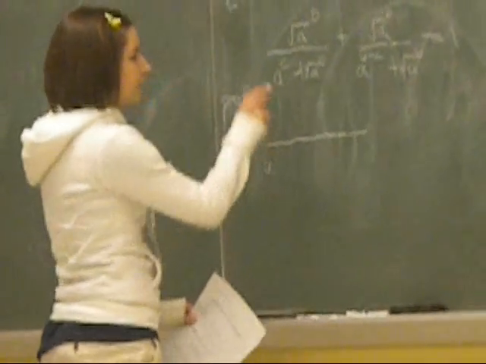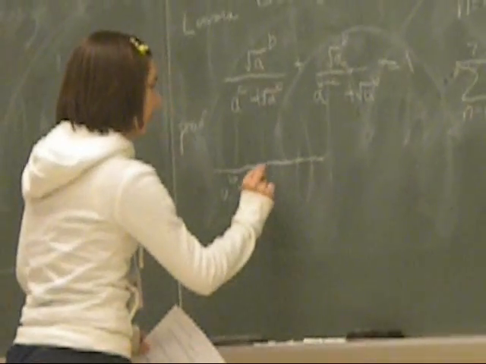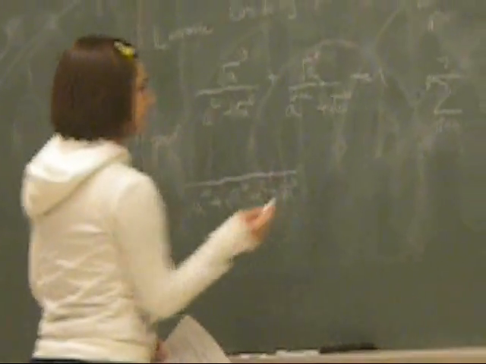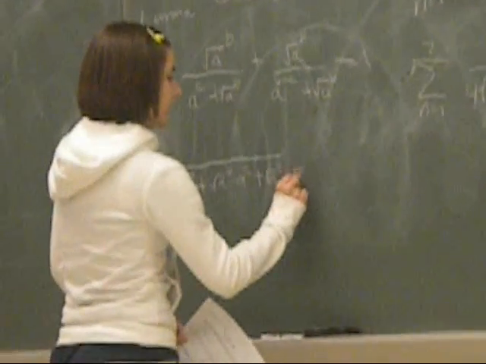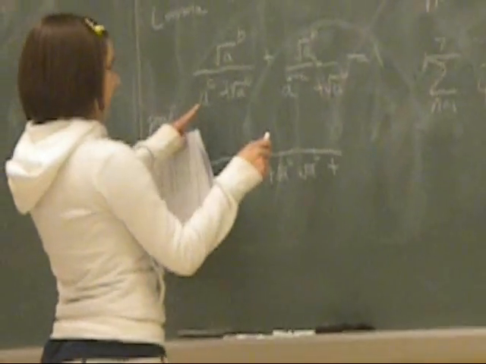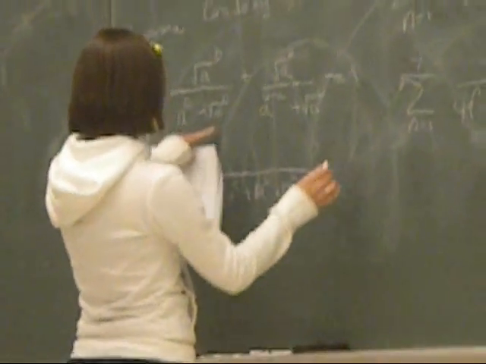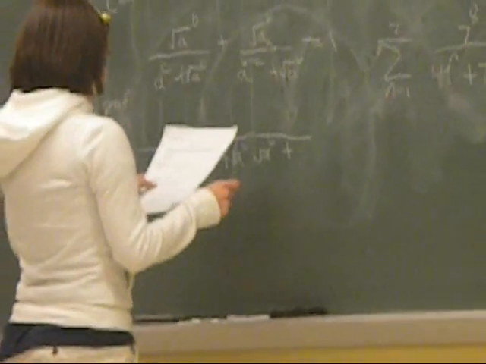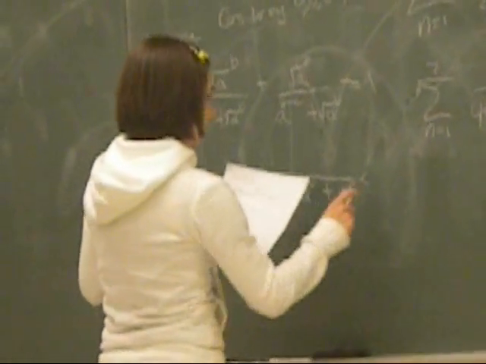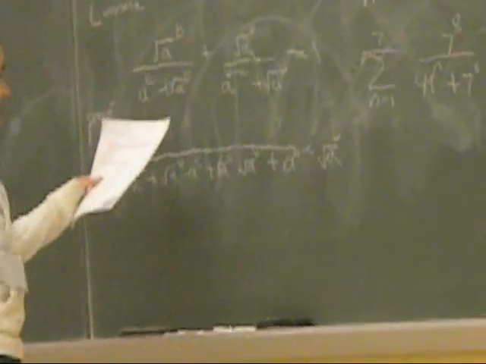So we have A to the C plus B minus C, so A to the B, plus the square root of A to the B times A to the C, plus the square root of A to the B times the square root of A to the B, then plus, see, I did this times this times this, so A to the B minus C times the square root of A to the B. And this is all over